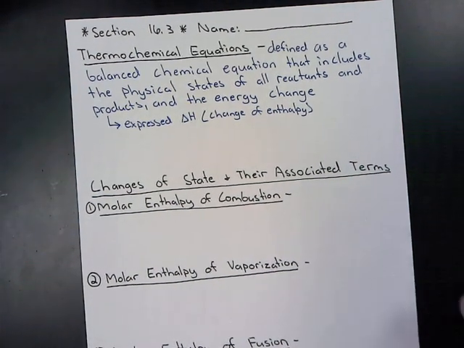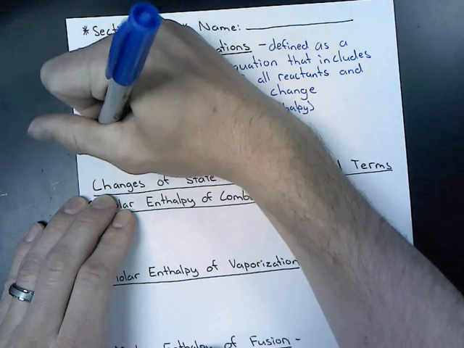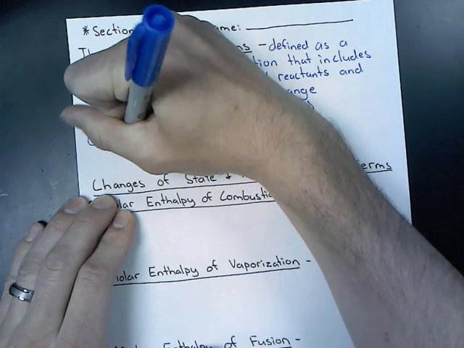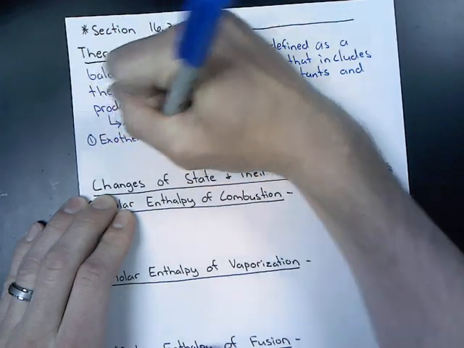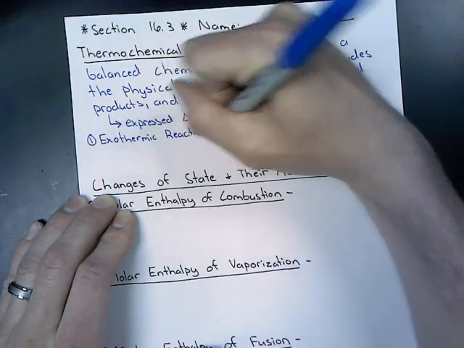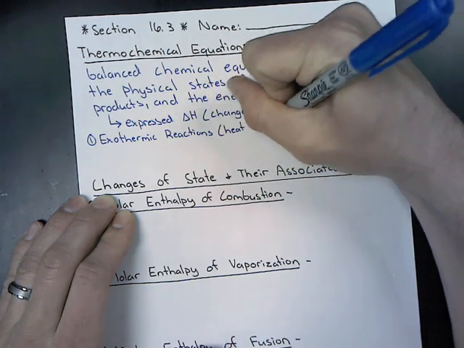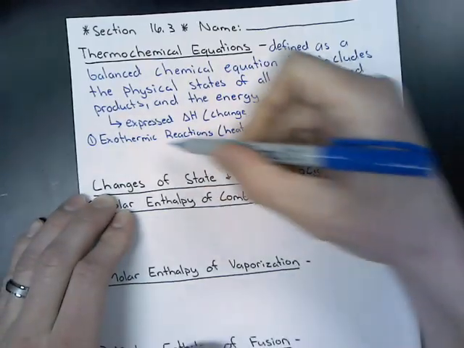Now, there are two types of thermochemistry equations, and it all depends on if heat is lost or gained. So, number one, we have exothermic reactions. In exothermic reactions, we have heat that is lost. So when we write the equations,